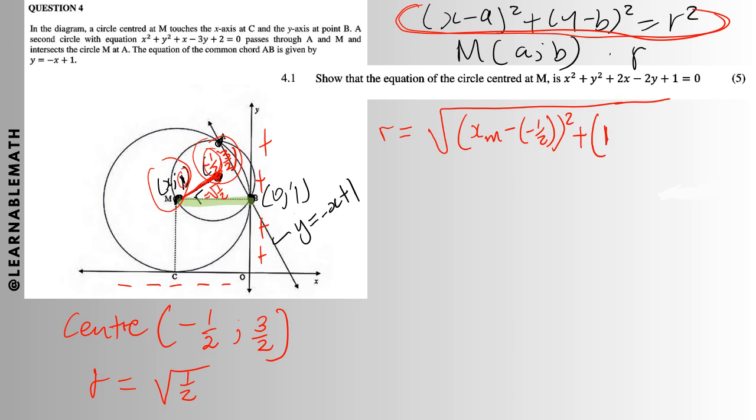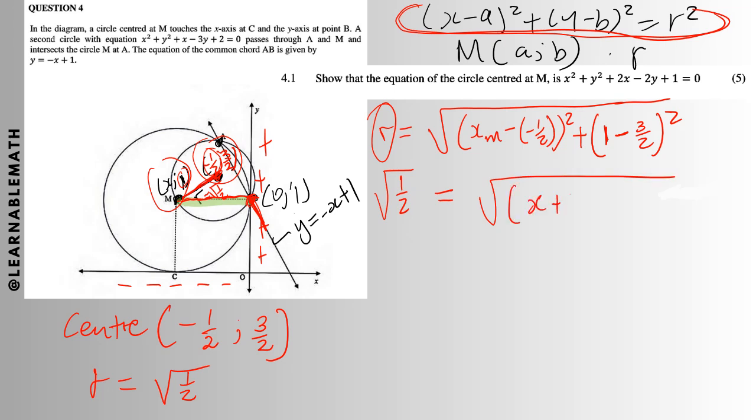We already deduced it's 1 because of that straight line there, and that y there, it's 1, right? Minus y at the other point is 3 over 2 squared. Okay, so the radius was root of 1 over 2. This is root of x plus 1 over 2 squared, plus this side, it's 1 minus 3 over 2, which on the calculator will give me minus 1 over 2